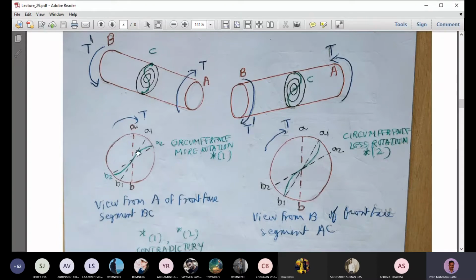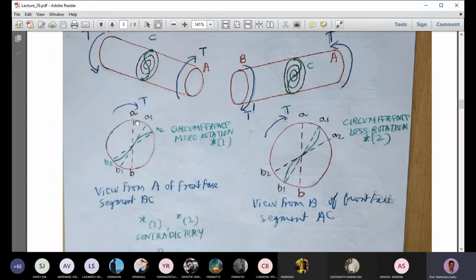So this is our S-shaped circle. If you see here what is happening, initially the line is AB, and after rotation A reaches A2 and B reaches B2. And if you look at an inner circle between the center and A, it reaches some point here between A1 and A2, and at the center it will be 0.